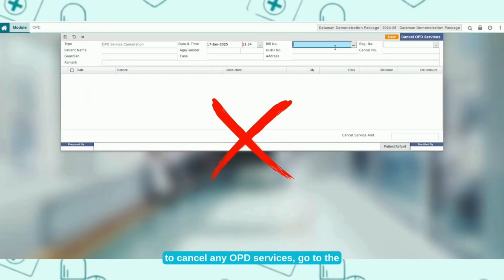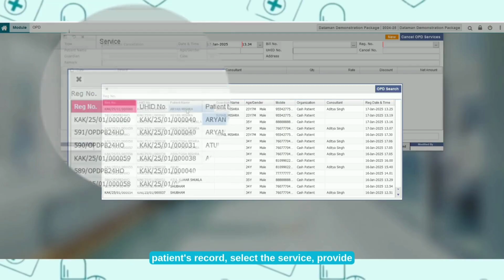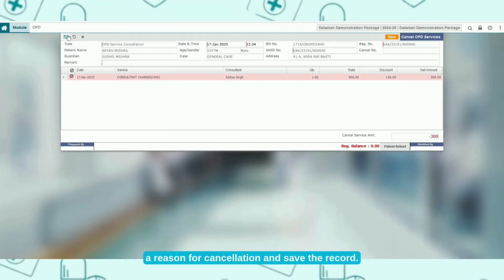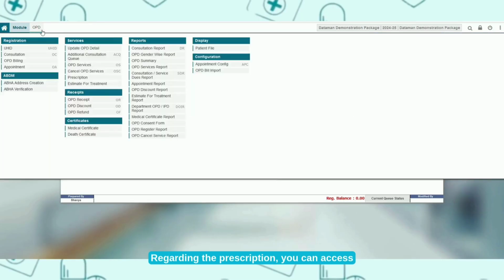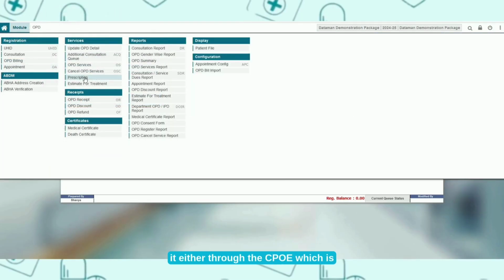If there is a need to cancel any OPD services, go to the patient's record, select the service, provide a reason for cancellation, and save the record. Regarding the prescription, you can access it either through the CPOE, which is Computerized Physician Order Entry System, or directly